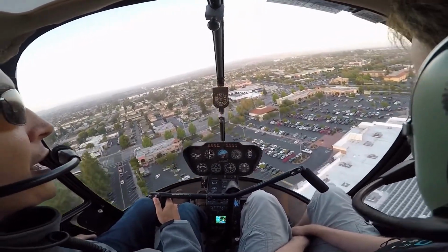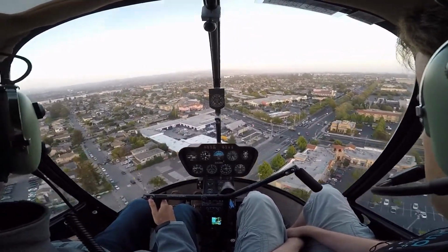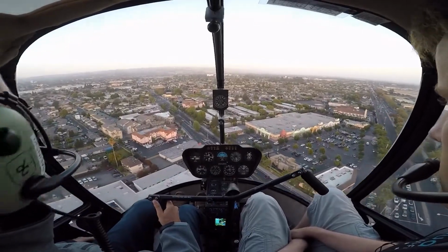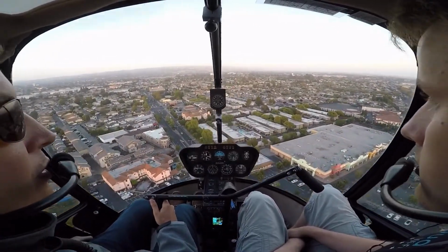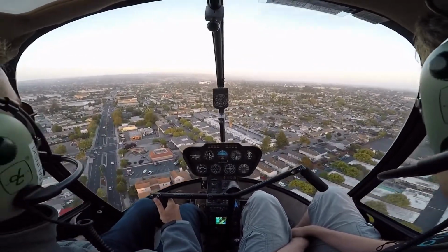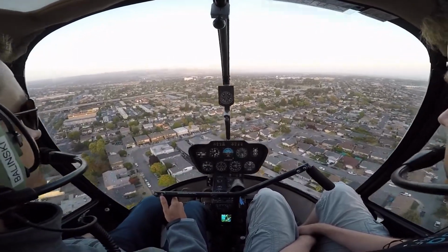So we're going to fly essentially towards these kind of buildings. This is our downwind. I've got one person that I can see flying around right now. It doesn't look like they're going to be anywhere near us. I'm going to keep